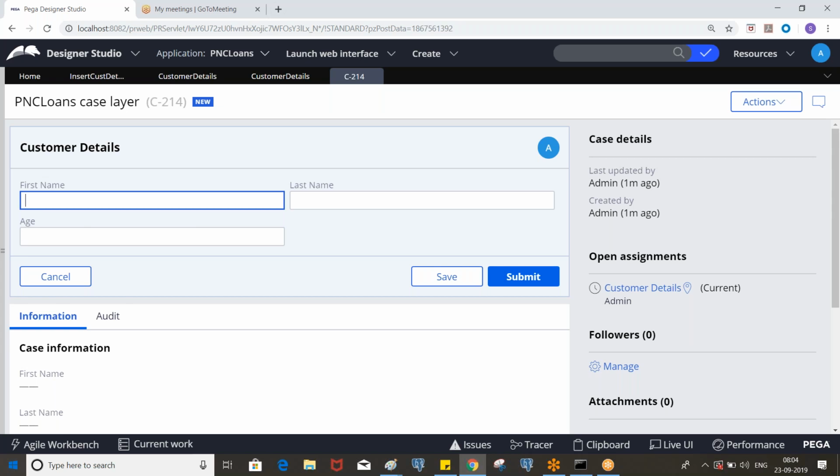We enter the data only after opening the screen, and when we click submit, the data is posted to the clipboard. Then the activity can take the data from pyWorkPage.